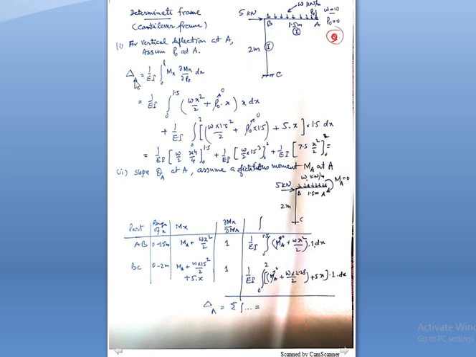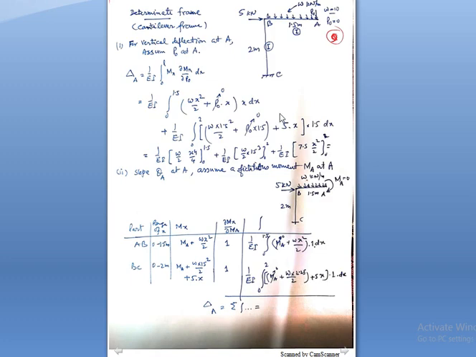Suppose we want delta at A, the deflection at point A. We have to see whether a load in the vertical direction is there or not. If there is no load, then we have to assume a fictitious force. For vertical deflection at A, assume a P0 at A. The value of P0 is 0. You will see that your answer is not in the form of P0.